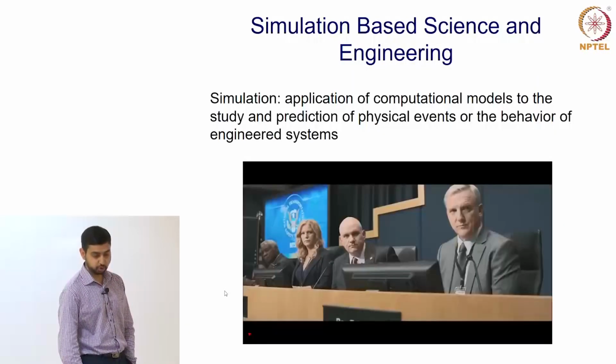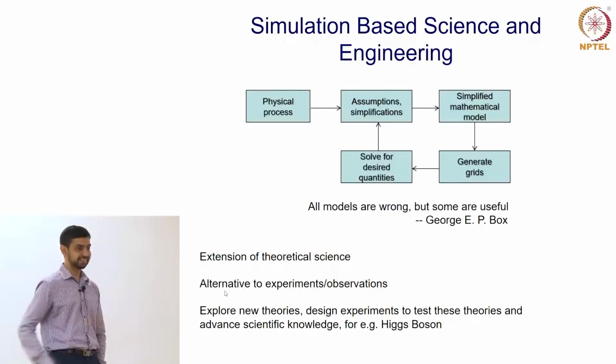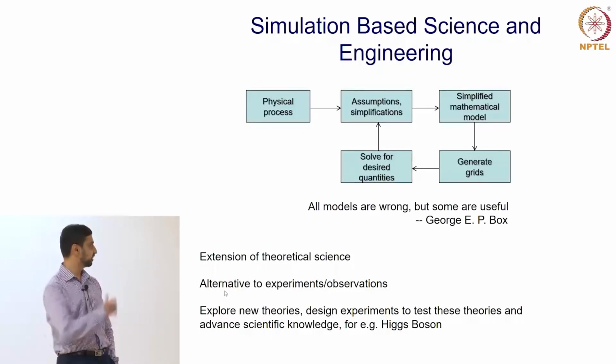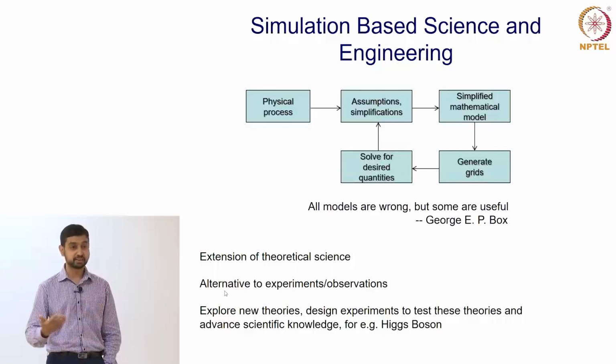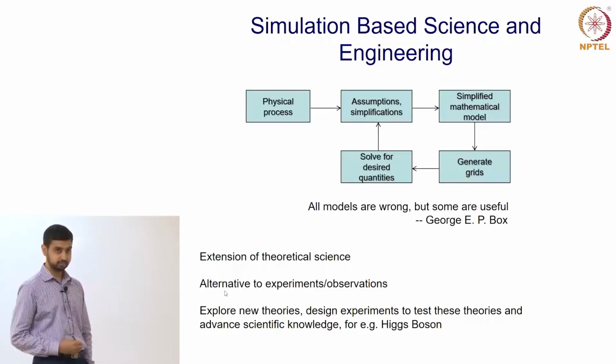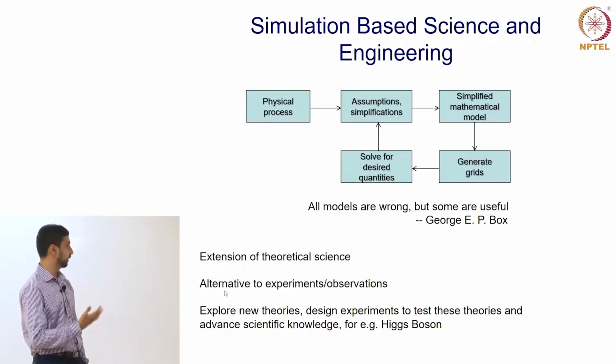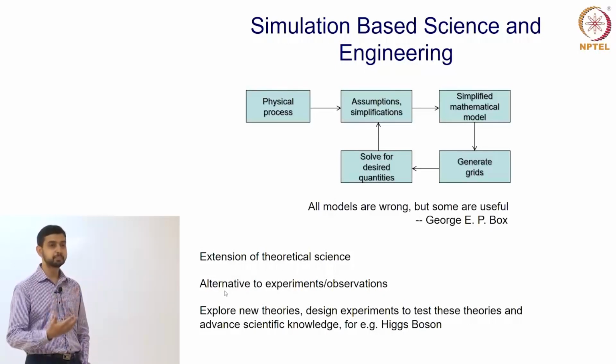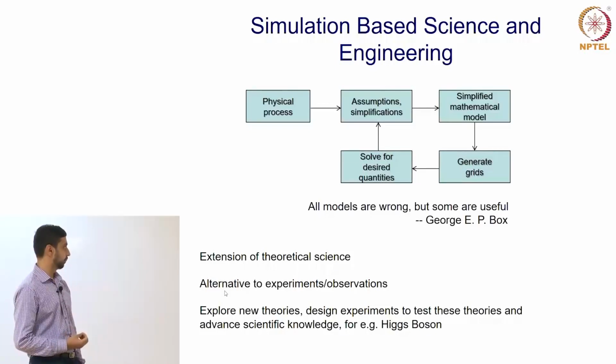All right. Tom Hanks has asked us to get serious, so we have to get serious, I guess. So what they were really trying to do there is essentially run a flight simulator. That was a practical example of what simulation is. It tries to mimic reality. You try to model a real event and see what would happen when you can't really do it as an experiment. So, just to give you a quick overview, you have a physical process, and for you to simulate it on the computer, you have to come up with a simple enough model which you can mimic on the computer.